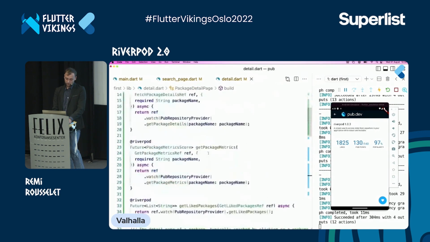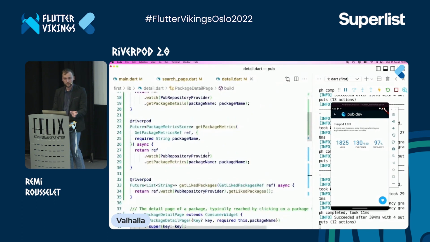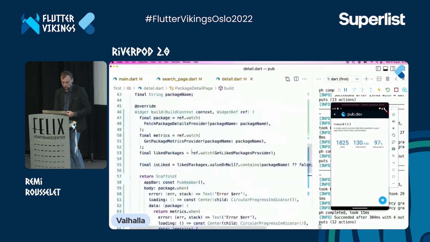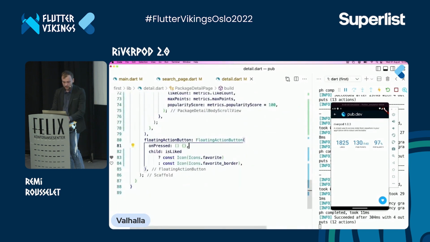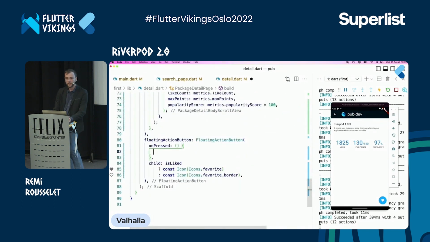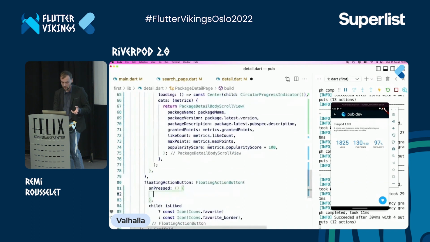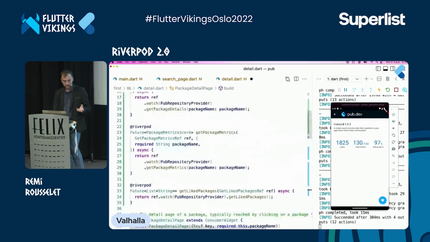So for now, we've only just fetched stuff. We didn't do any side effects. So this like thing is a side effect. And we could do a network request directly inside the on-press, but we like to extract business logic out of widgets, so we want to do things cleanly. So instead, what we could do is, as I mentioned before,